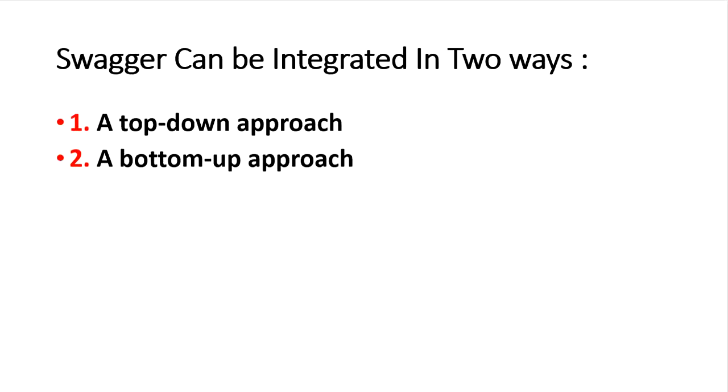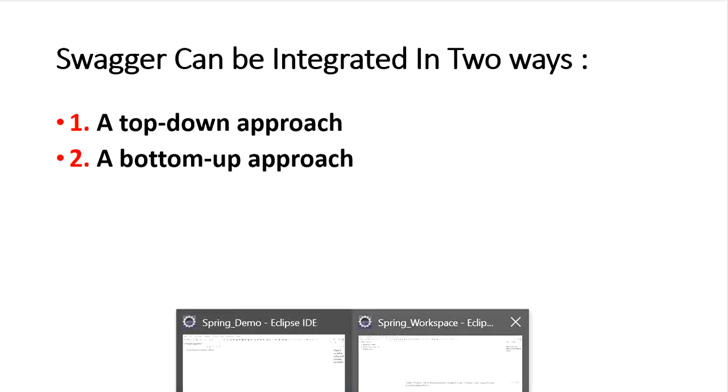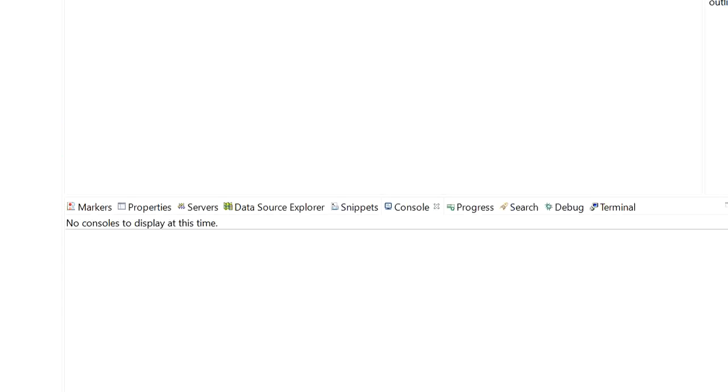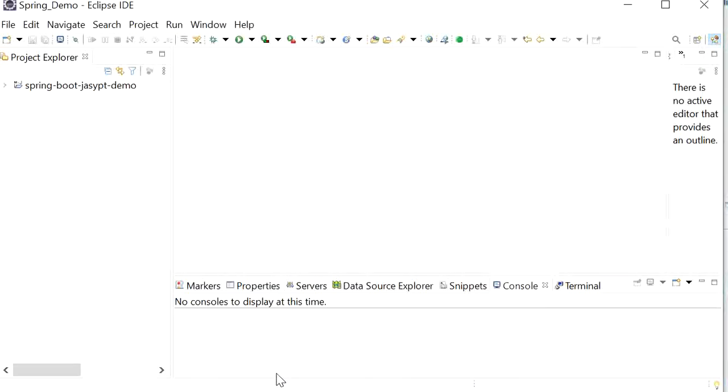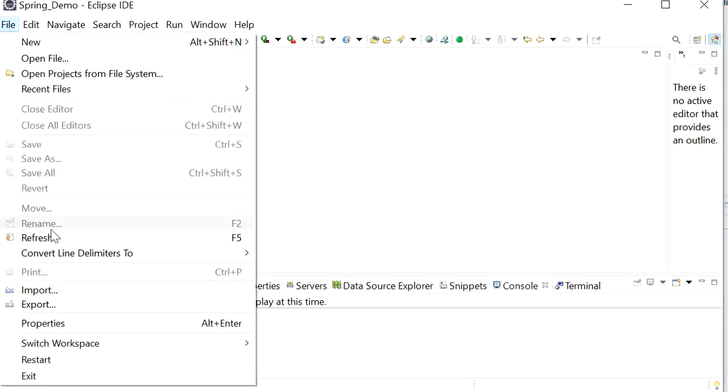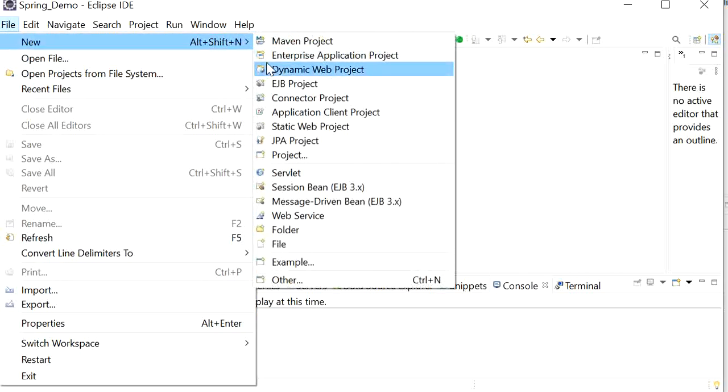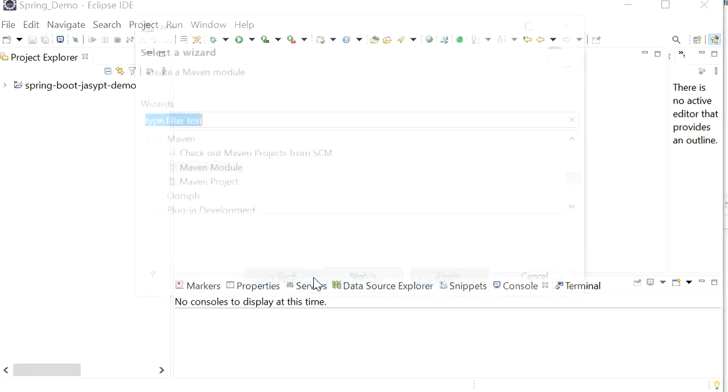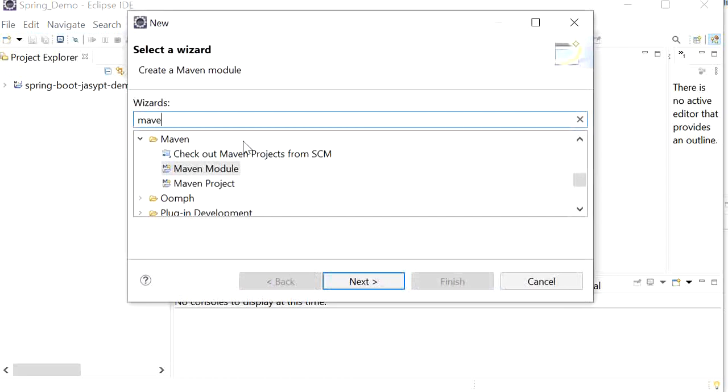Okay, let's start. First we will follow the top down approach. Here I will create one Spring Boot project, and inside it I will use the Spring multi-module approach. I am going to create just a simple Maven project. Create Maven project,